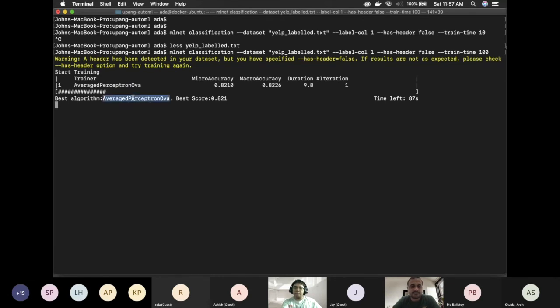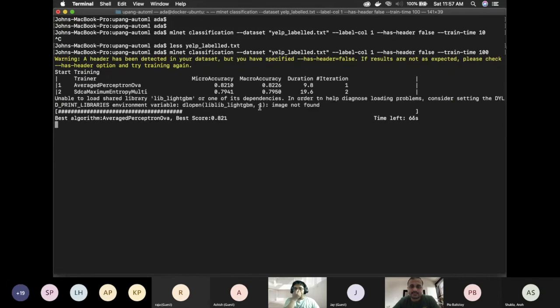There we go. One average perceptron OVA with an accuracy of 0.821, 82%. It will keep trying out different algorithms and then select the best one. So yeah, it's good. Just let it finish.